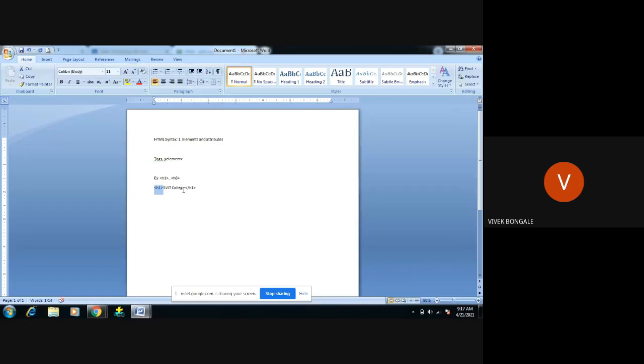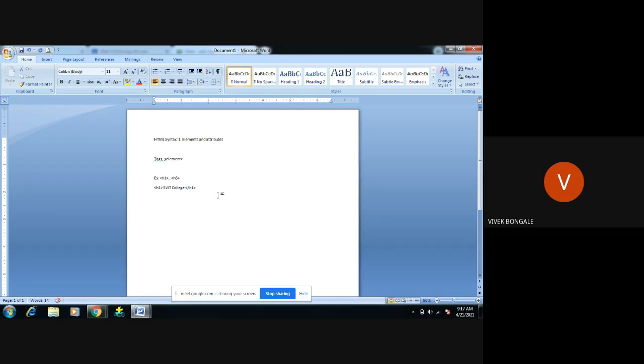What I have written here is a content, not an attribute value. The element which we have opened, we say it is an open tag, and the closing one is a close tag. All elements should start with the open tag and end with the close tag. This is regarding the element.